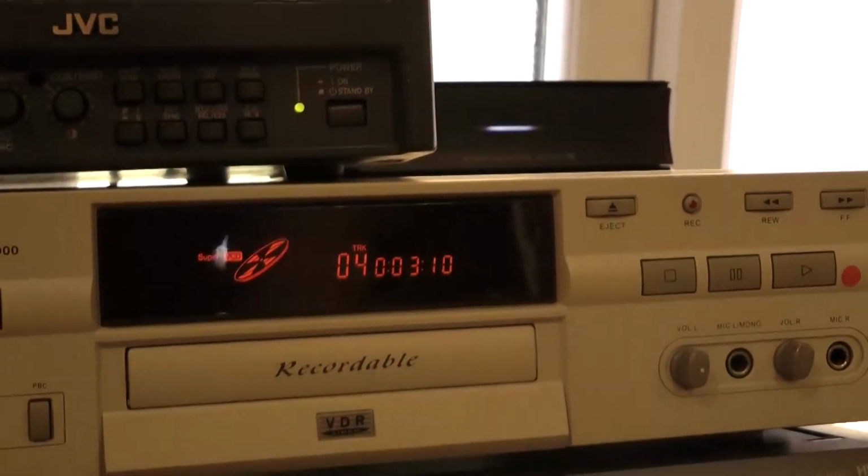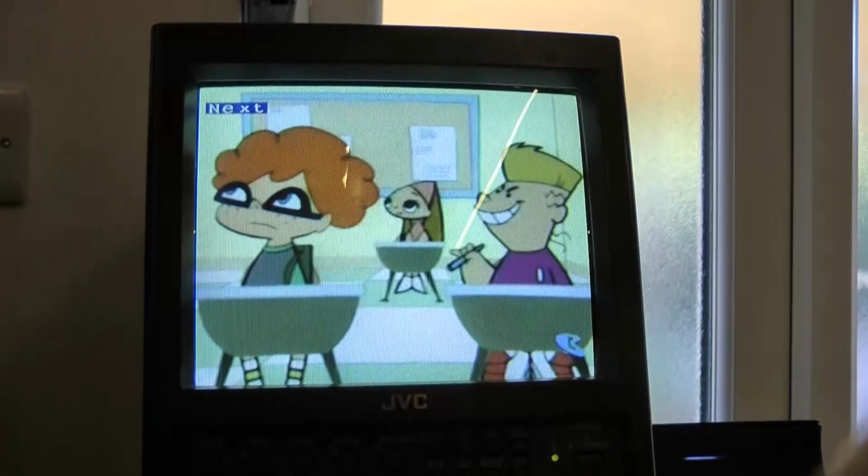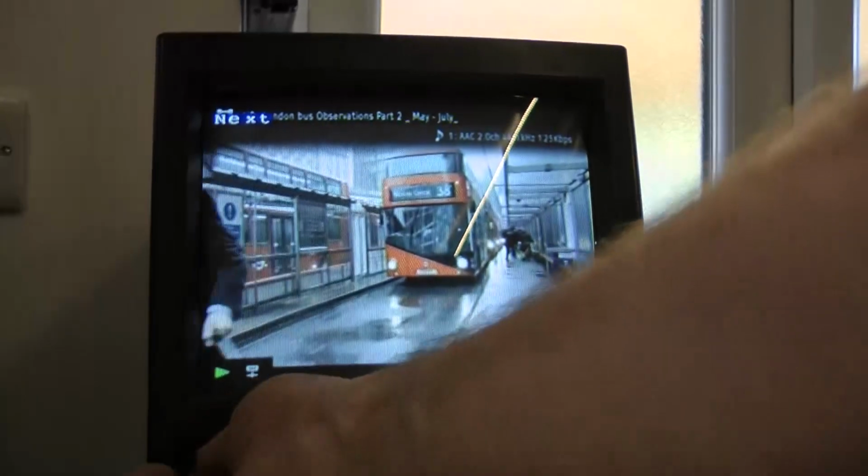Now if I stop this recording, and I push play again, with a bit of luck it'll start at Glenn Frey again. Glenn Frey is back on again. Oops, focus. Right. So here we go. So that's the recording